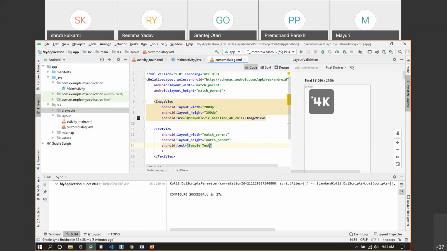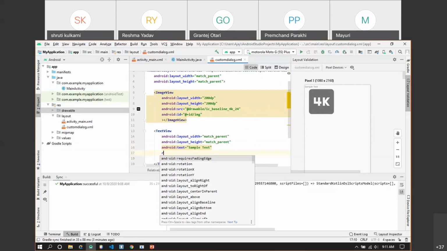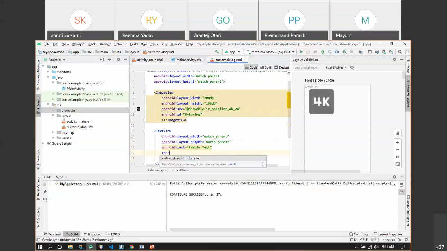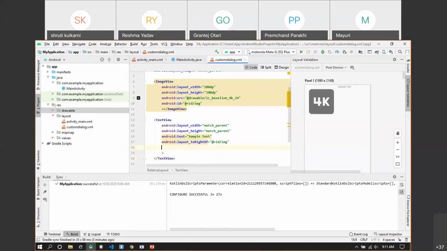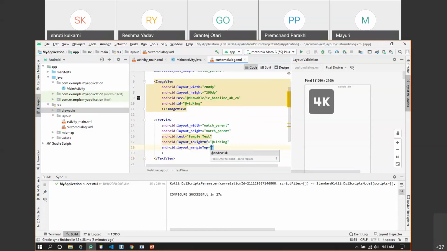As you can see, this is by default added at the top. This is what happens in the relative layout unless and until you set the relative position of it. We know in a relative layout we give the ID to each and every component. So here we can call it @+id/img, and we'll put this particular text to the right of @+id/img. And we'll add the margin from the top, sorry, as suppose 40 dp.